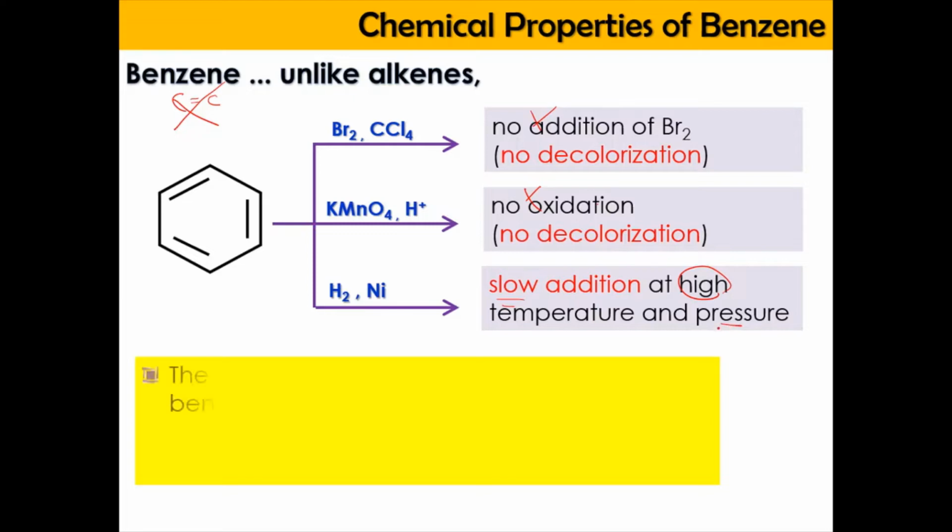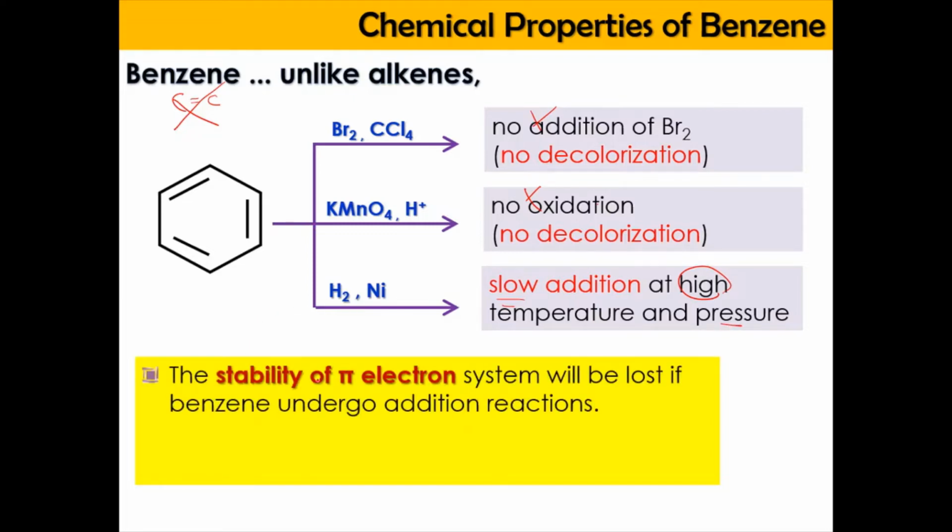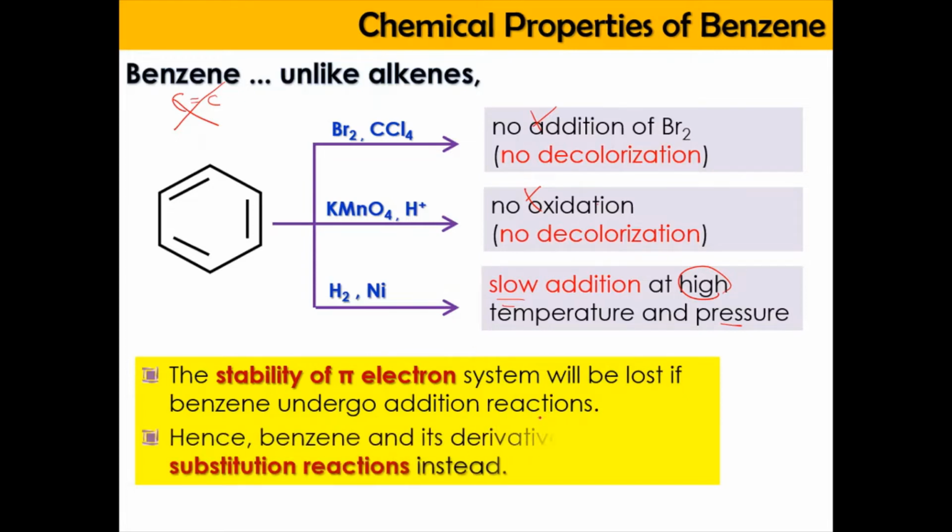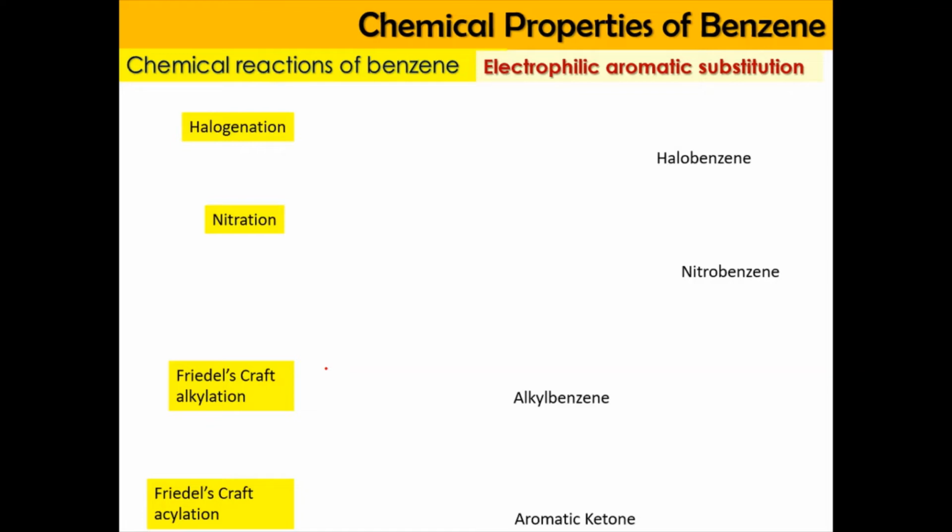Why is that? This is because the stability of the pi electron system will be lost if the benzene undergoes addition reaction. Hence, what they're going to do instead is the benzene and its derivative will undergo substitution reaction, not the addition reaction. Okay. So for the electrophilic aromatic substitution, the benzene can undergo four important